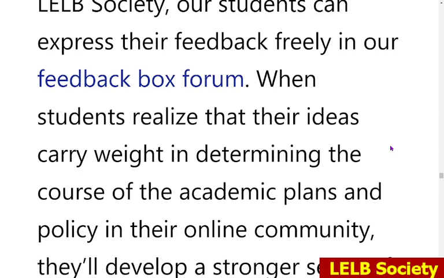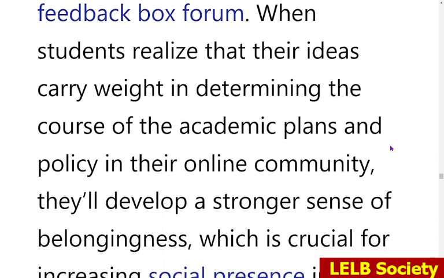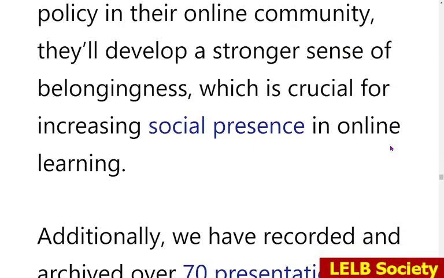When students realize that their ideas carry weight in determining the course of the academic plans and policy in their online community, they'll develop a stronger sense of belongingness, which is crucial for increasing social presence in online learning.